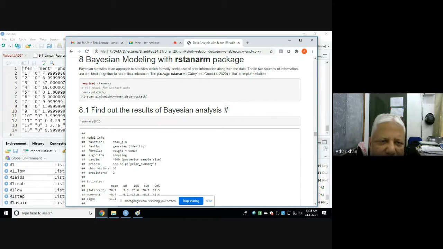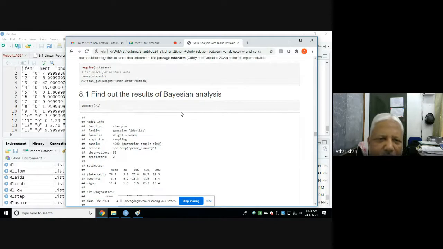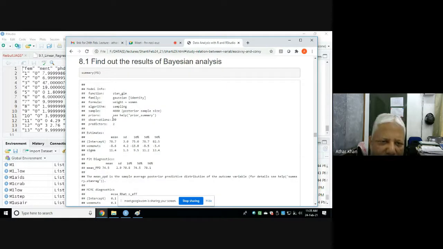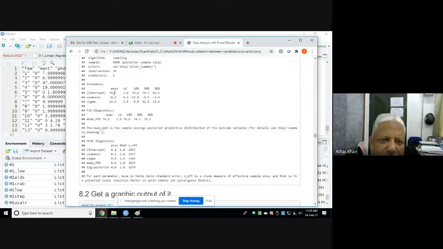Once you run, it immediately goes for simulation and gives the result, like mean and intercept. Here, women's weight is sporty, so it is a contrast of sporty versus lazy. And see, this contrast is negative. So this shows that lazies are having lesser weight, and that's why the difference is negative.